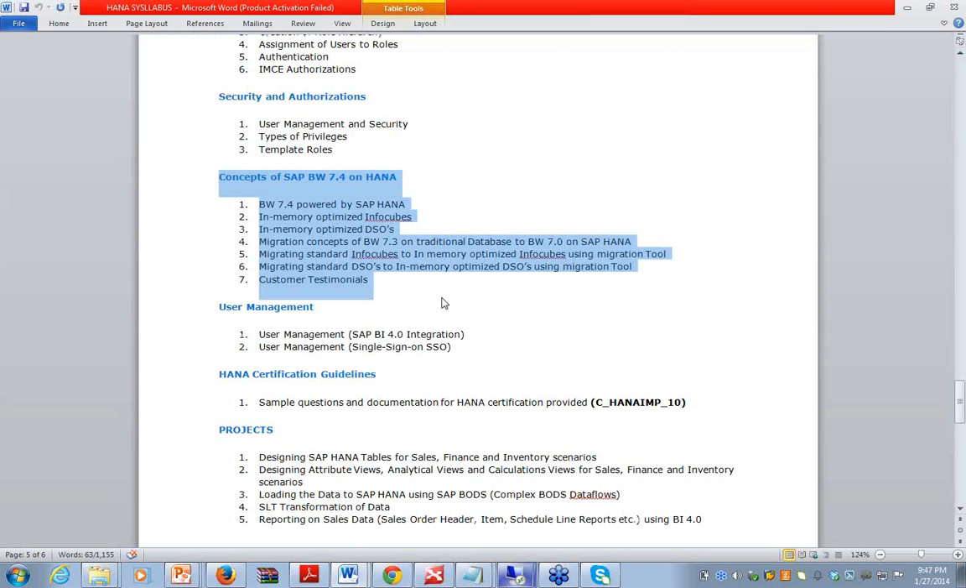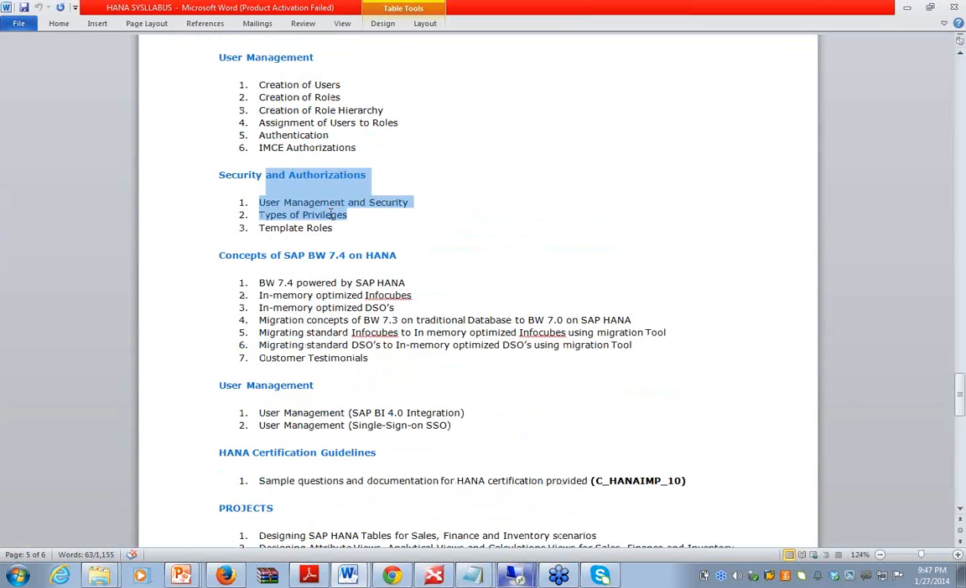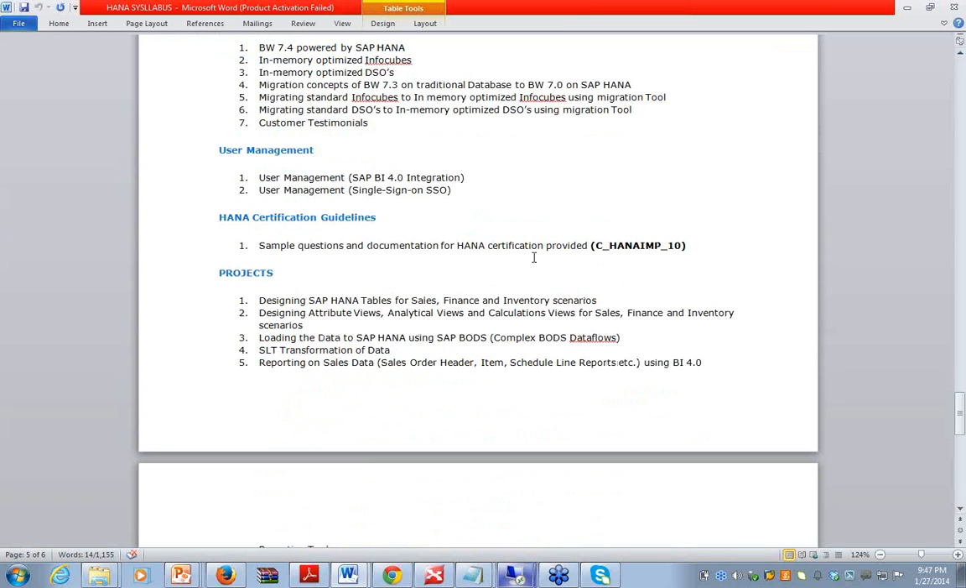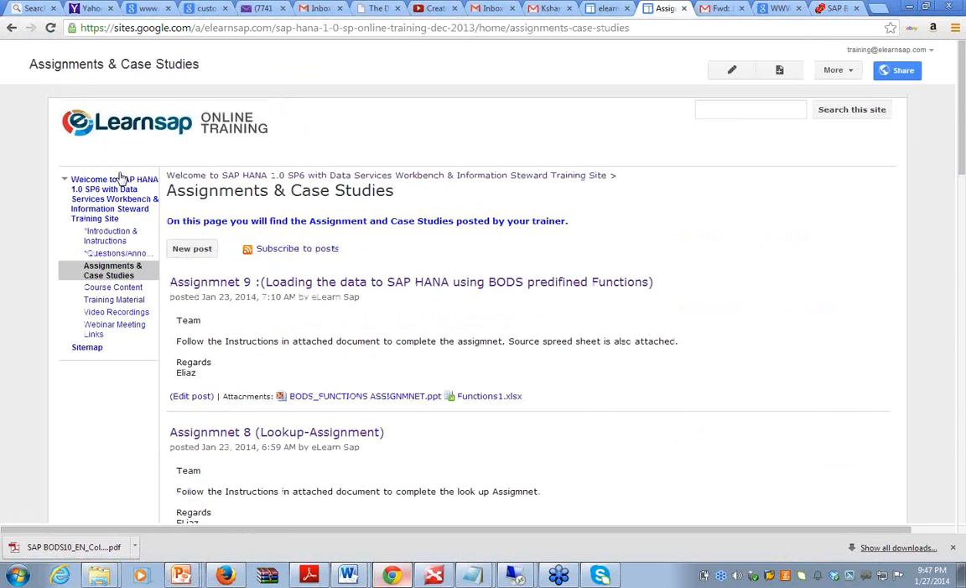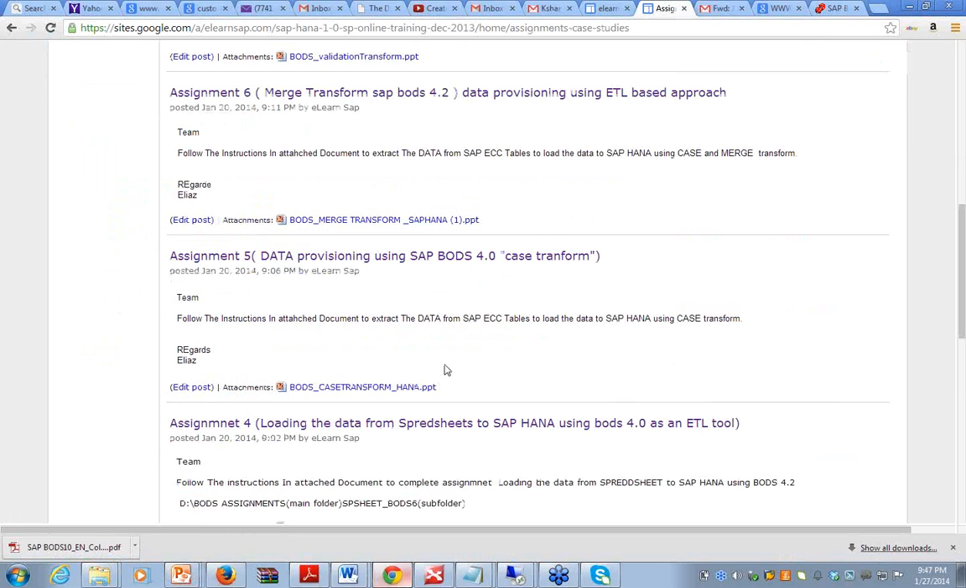Then we'll cover some administration parts like user management, security and authorizations. For every topic, we'll have certification questions. I will post the certification questions from day one so you can start preparing. For every topic I will cover what type of questions you can expect, and assignments. You have to work on the real assignments. We have so many assignments and case studies and end-to-end live projects also. Some implemented projects are POC projects